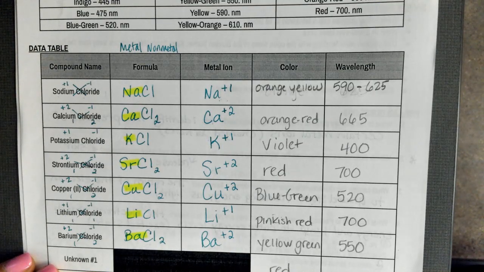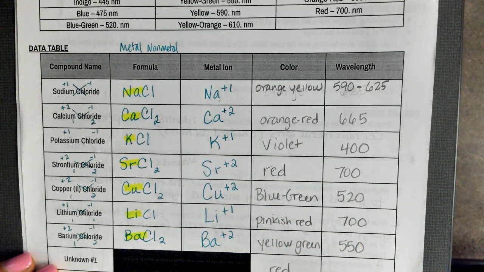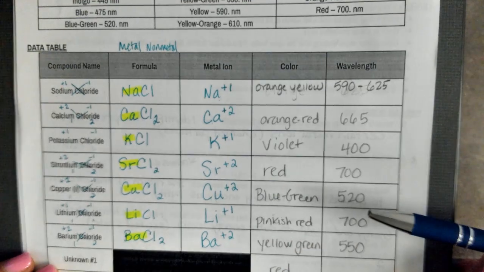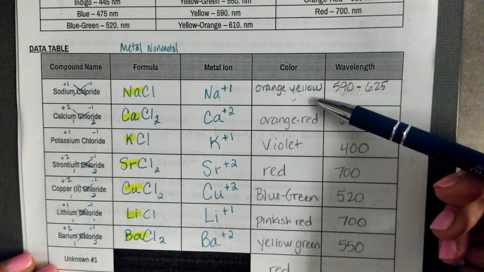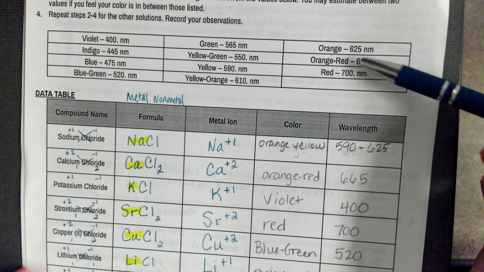Now you do not need to know how to do that for this particular unit, but you will be learning that later on in Unit 3. But what you did need to get was all of this data here. So that is from watching the video that I had on Canvas. And then after you recorded the color, you then had to look at the data table up here to record